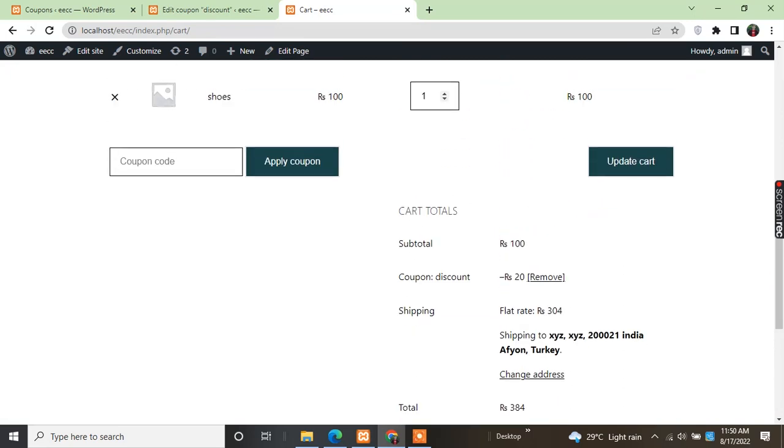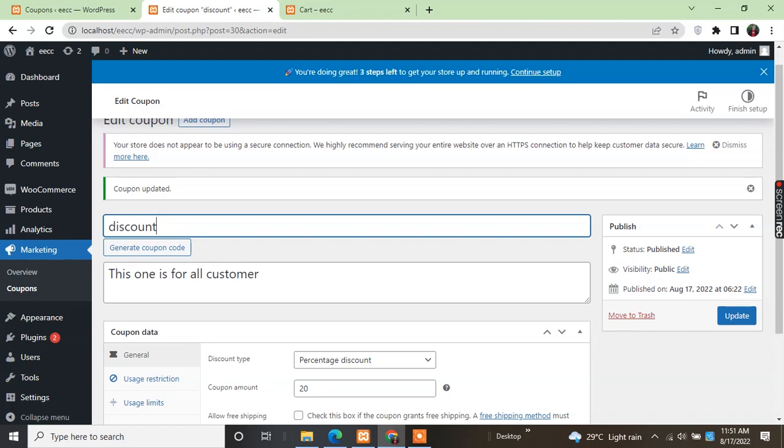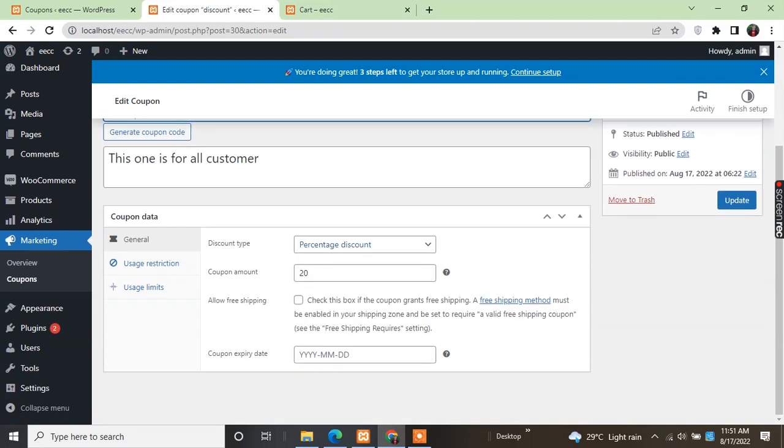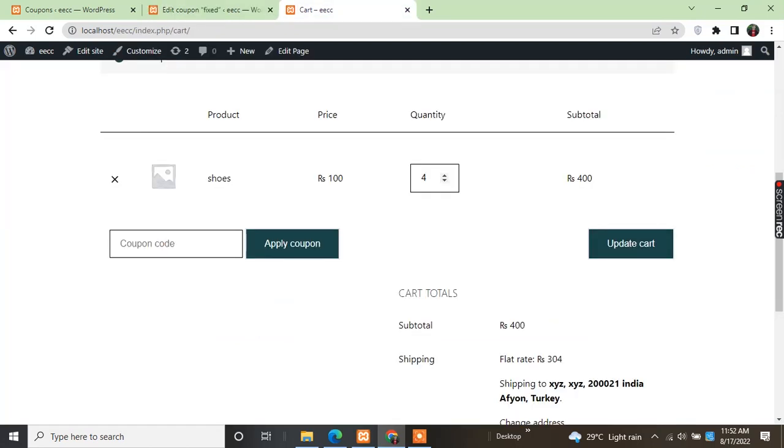Now if I want to make it a fixed coupon, then what will happen? I want to make it a fixed coupon, and then we have to choose fixed cart discount, and then we have to update it. Now I want to apply the fixed coupon